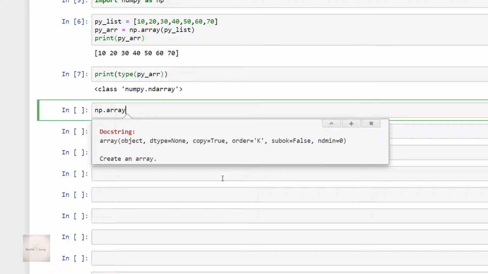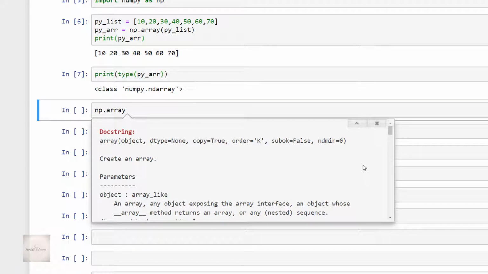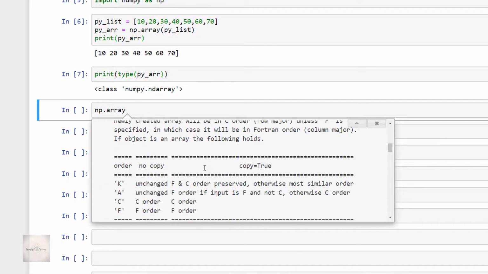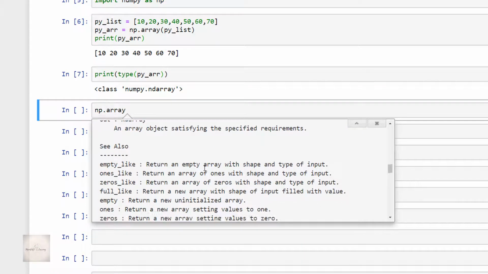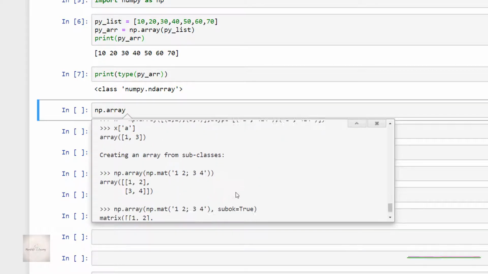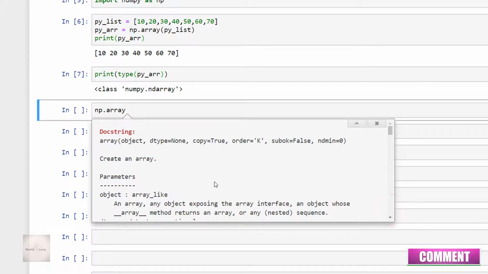And guys, if you want to see the complete documentation, you just have to click on the plus symbol over here. See, we now get to see the complete documentation, full-fledged information about the parameters, and we also get to see some notes on the function, examples, and many more things. Now observe here. These are the parameters that the np.array function accepts. The first parameter is object, that means an object that has to be converted into a NumPy array.